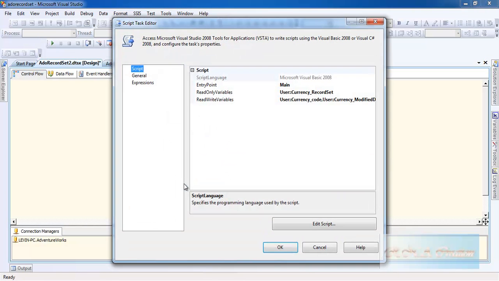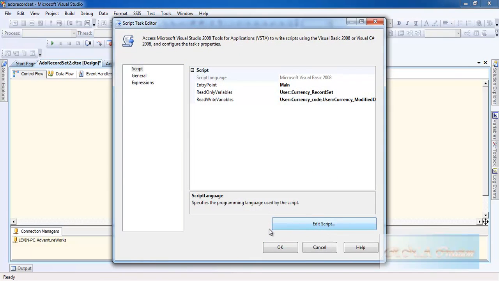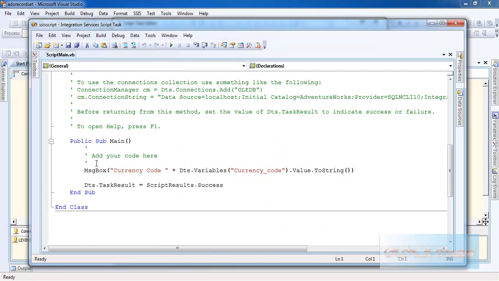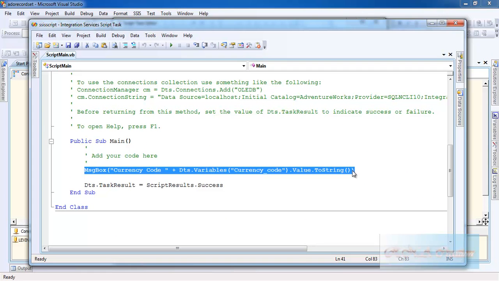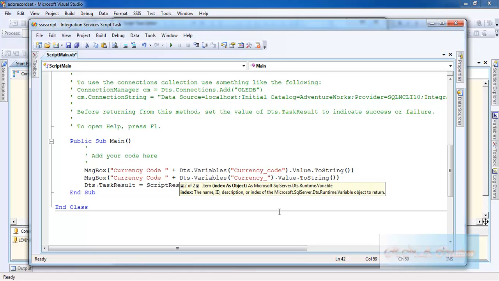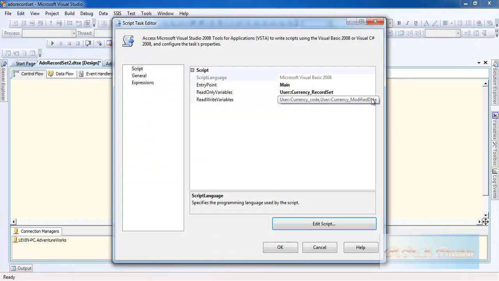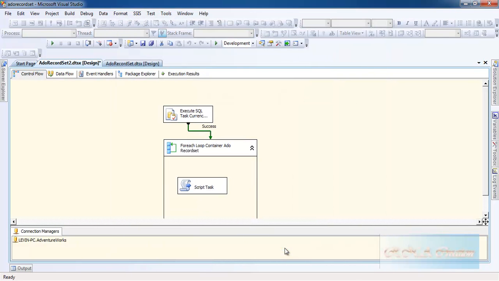Click OK. You can go to the script, click OK, and in the message box again, let's add the value. First I will copy, just to save the time, copy and paste it. Instead of just currency, I will say modified date, and that should solve the problem. Modified date appears here, otherwise it will give you an error or it will not display the value. Let's save it, run it,